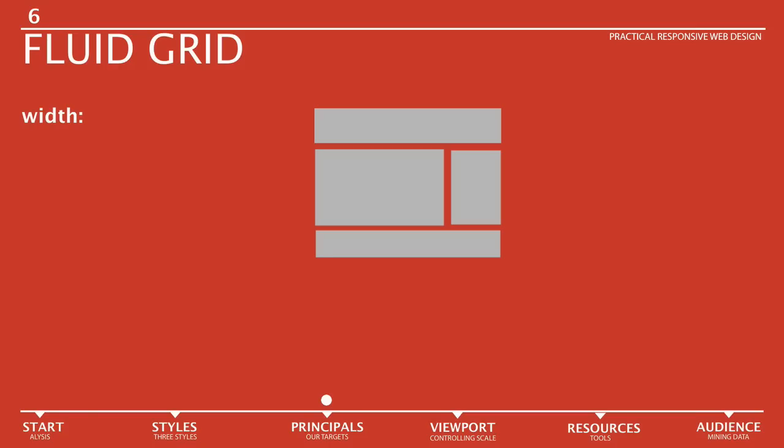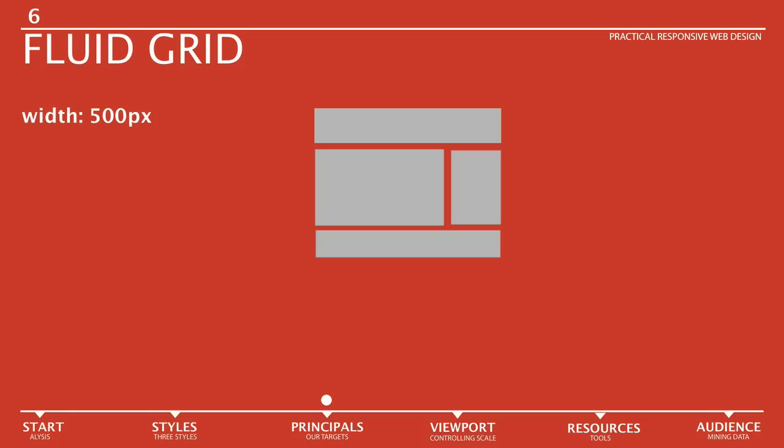So let's look at what it means to have a fluid grid, and this is the first component we discussed of responsive web design. The opposite of a fluid grid would be a fixed grid. So it may be 500 pixels fixed, and it's going to stay that size across all kinds of different screens. So if your screen is 300 pixels wide, if you're on a smartphone, for example, you'll end up with horizontal